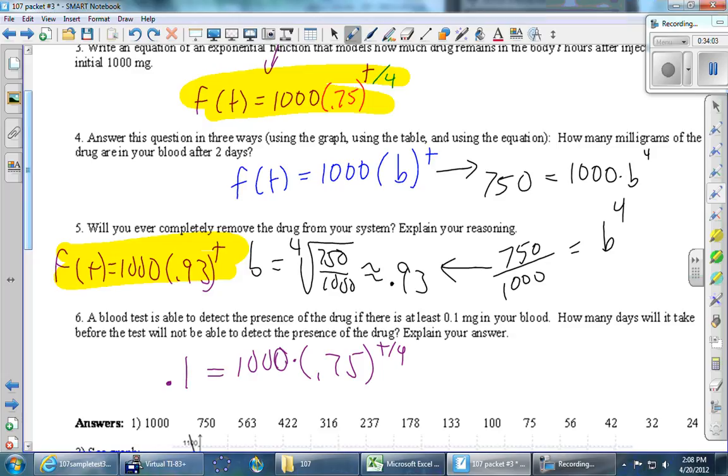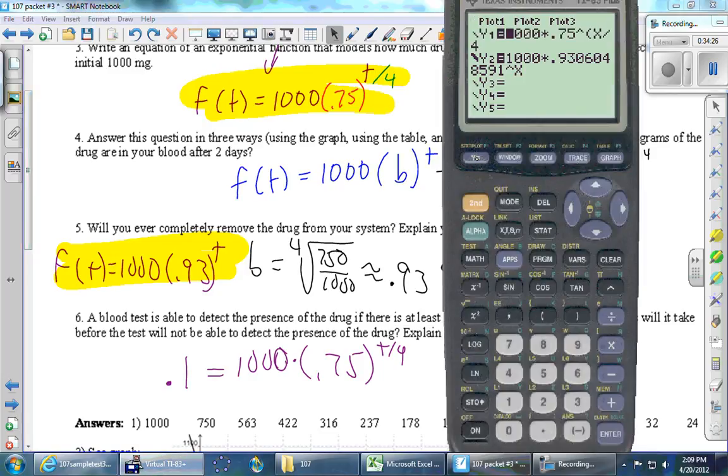So the tool that we need to use to solve equations like that is one that we're going to develop right after the test. And it's called logarithms. Okay, and so I'm sure I'll say this again when we get there, but in order to solve an equation where the variable is in the exponent, you got to use logarithms. So at the moment, the only way you can solve that is by graphing two things on the calculator. What's the other thing I should graph on the calculator? 0.1, right? Horizontal line, it's going to hit the graph at some point,